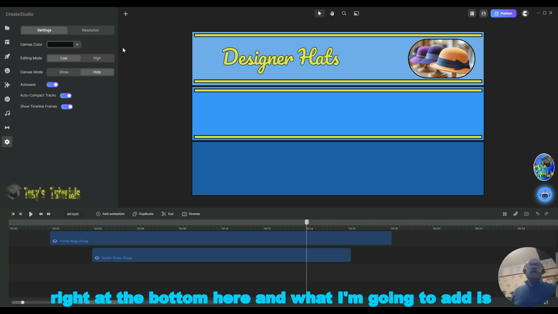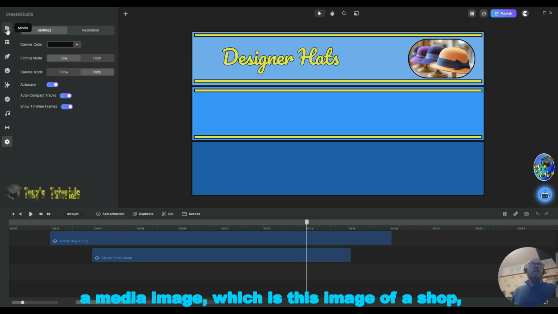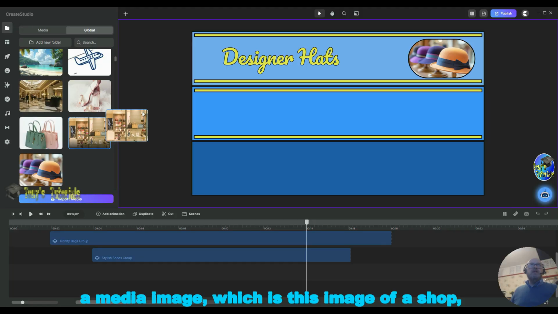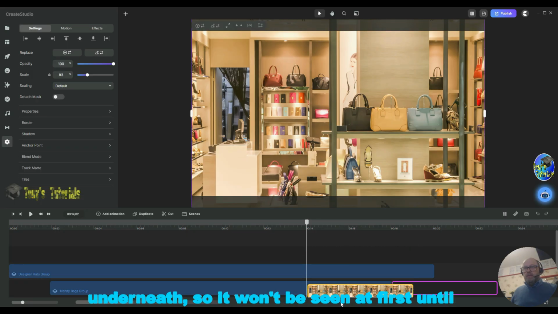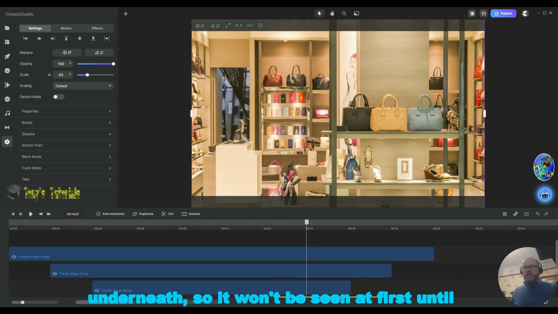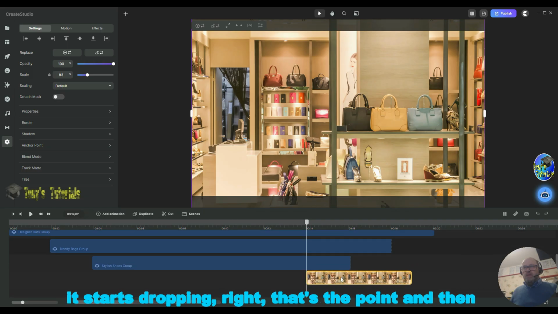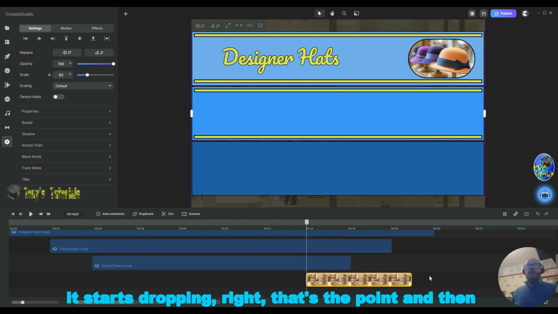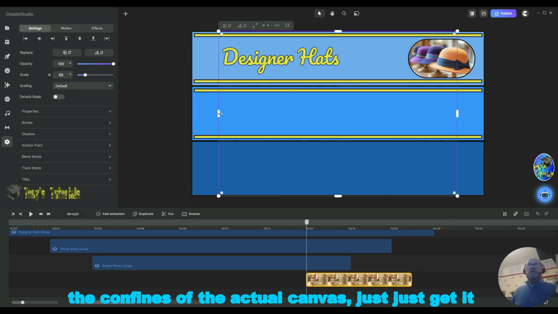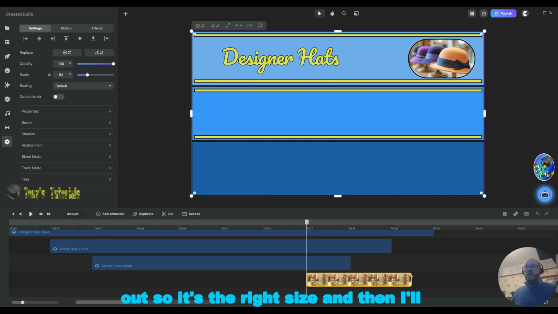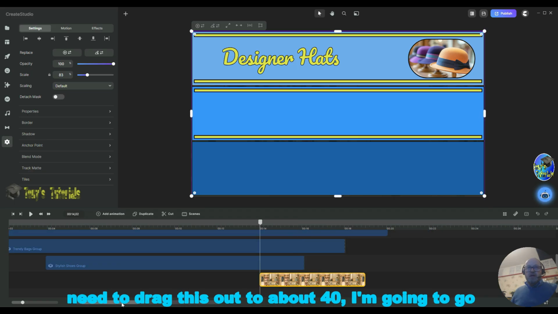Right, now what I'm going to do is add something about here, right at the bottom here, and what I'm going to add is a media image, which is this image of a shop, right, the inside of a shop. Okay, I'm going to put it underneath so it won't be seen at first until I start dropping. Right, that's the point. And then I need to knock it down so it's within the confines of the actual canvas. Just stretch it out so it's the right size,